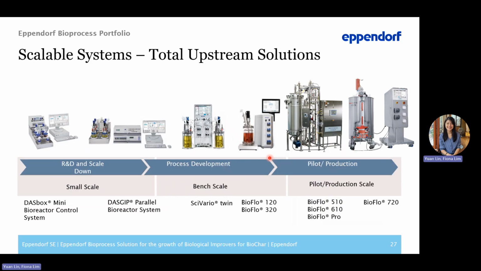Now, I would like to share with you a little bit about the Eppendorf bioprocess portfolio. So in our portfolio, we do offer instruments from the R&D and scale down model all the way to the pilot and production scale bioreactor. We have the DASbox Mini Bioreactor Control System, which has the lowest working volume of 60 ml to 250 ml. And this is a parallel bioreactor system, which means that if we are looking to perform process optimization studies,